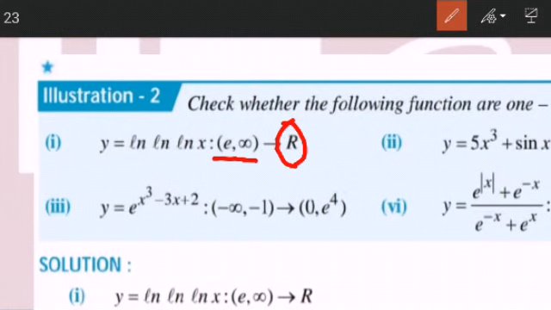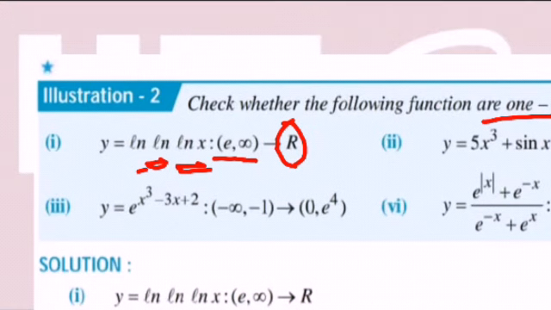Here we are not going to discuss onto functions. Notice this point: onto and into we are not going to discuss. We are going to discuss about 1-1 or many-one. For a 1-1 function, it should be throughout increasing or decreasing. ln x is a throughout increasing function, and increasing of increasing is increasing, so directly it's predictable, but from e to infinity you have to test.